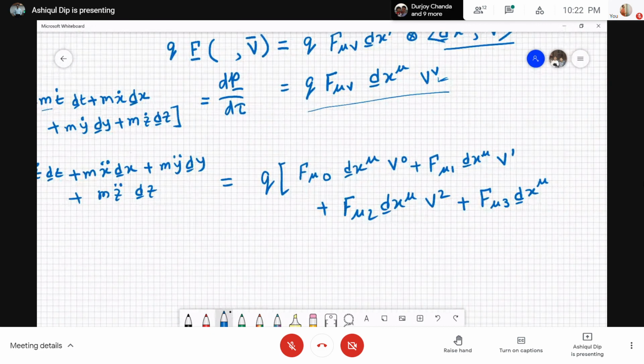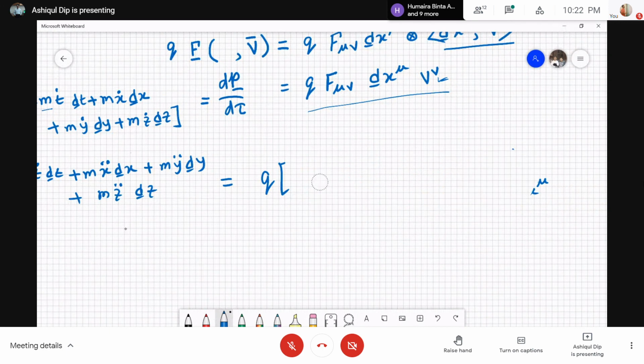I'm really sorry actually. So I wanted to equate like dxy dxc. So sorry, please cross this part. Actually, I want to do it the other way. I wanted to show it explicitly. So yeah, I'm expanding the sum over mu, not nu. So it becomes f0 mu dx0 v nu, I can write like that, plus